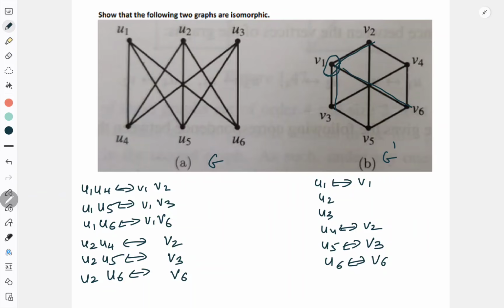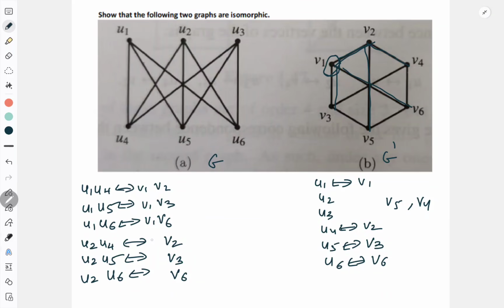So now you go to V2. Now here from V2, where you can go? You can go to V1, you can go to V5 and you can go to V4. Right? So from V2, I have 3 options to go. See now what are the options. Now U2 can be mapped to V5 or V4, anything, right? So let me randomly take anything.